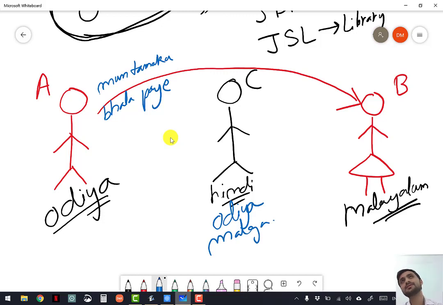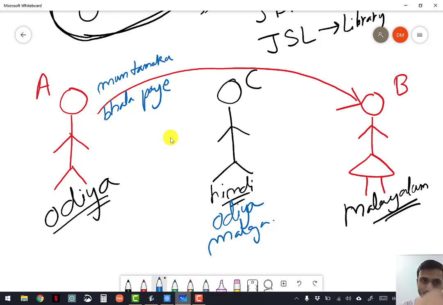Our brain works like this: when we learn a new language, for example English, I say "okay," and somehow the brain converts this into our mother tongue first, because that was the first language we learned. So "okay" means "thik achi," fine, right? It gets converted automatically in our brain.